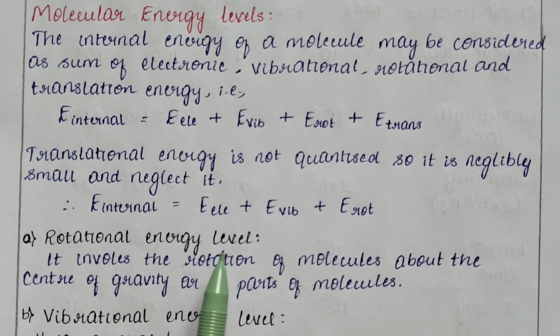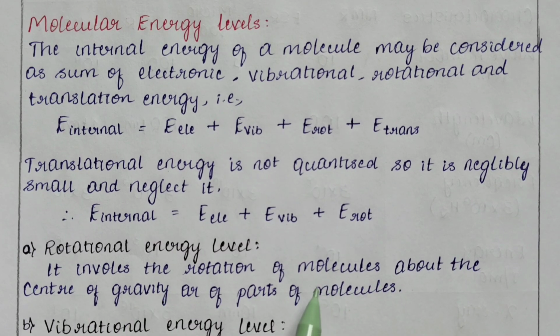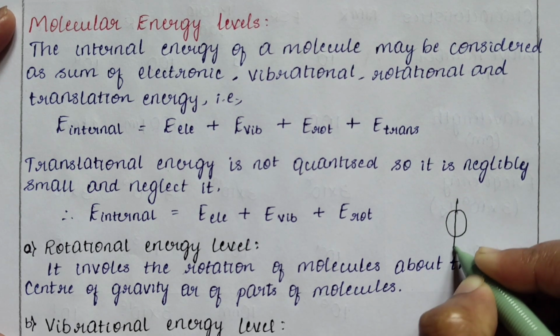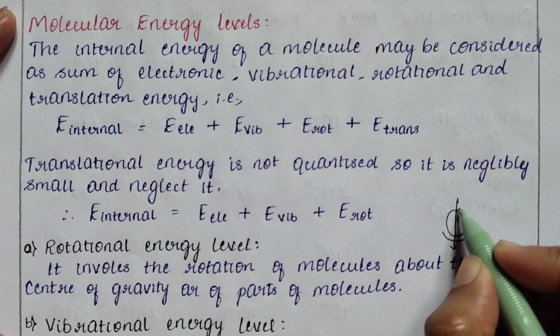Now let us see what rotational energy level means. It involves the rotation of a molecule about its center of gravity, or a part of a molecule. If we consider a gravitational force passing through a molecule perpendicular to the molecule, the rotation of the molecule with respect to the center of gravity will be measured. For example, if we consider a molecule and the gravity is acting in this direction, perpendicular to the direction of its rotation, and the molecule is rotating anti-clockwise,